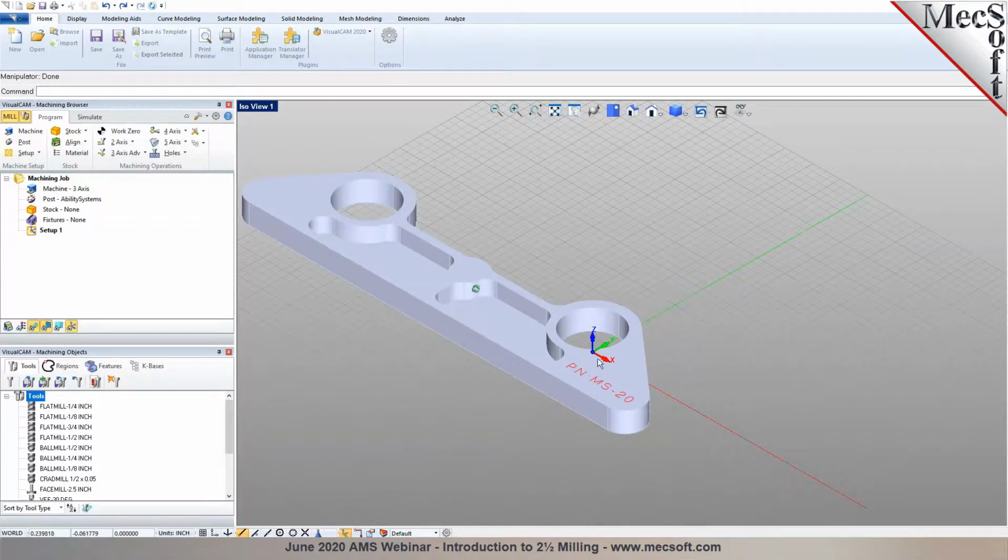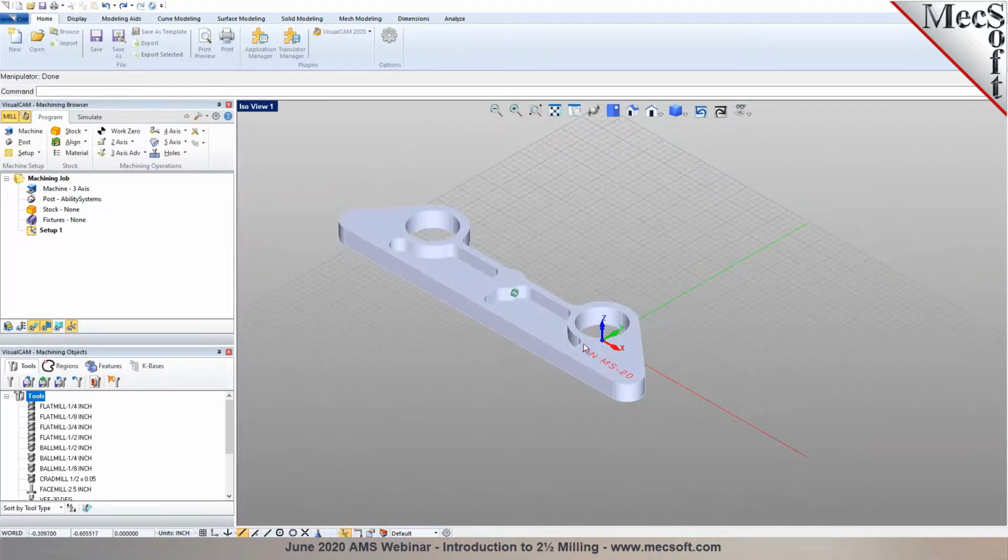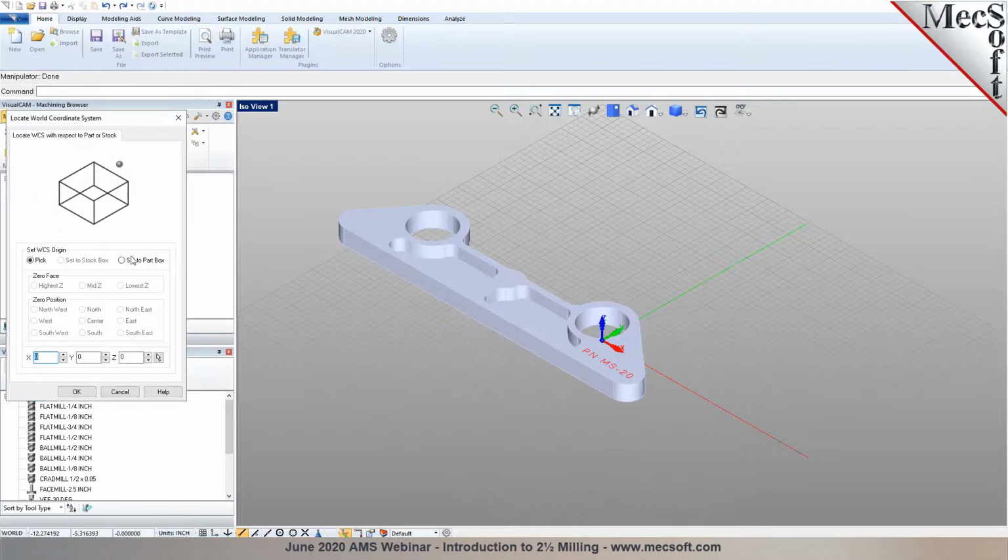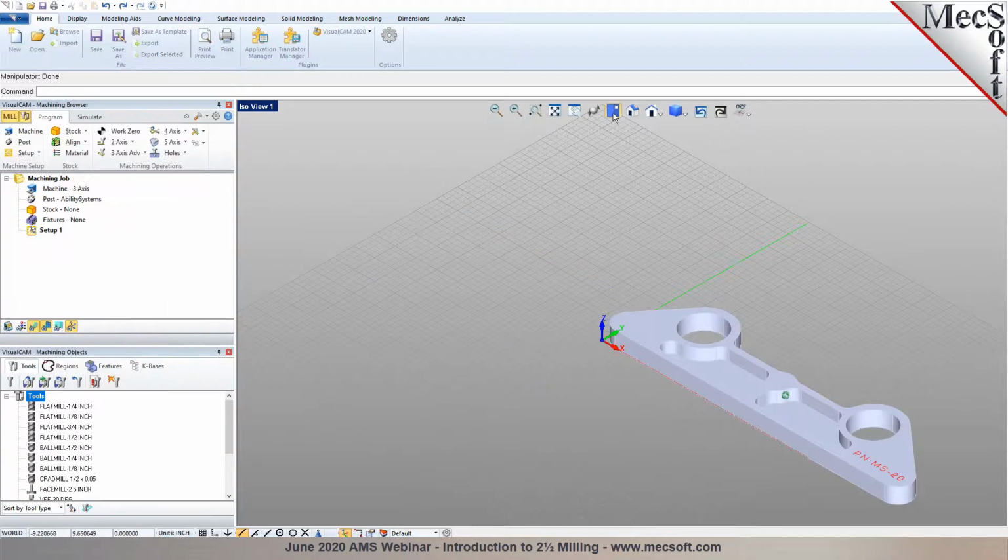So in VisualCADCAM, you'll notice that there's 2 triads. The world coordinate system is marked with X, Y, Z labels on the triad, and the machine coordinate system is displayed slightly larger, and it appears right on top of the world coordinate system. So the next step is we wanted to move the part closer to the origin. So we use Align, Set World Coordinates, set to part, lowest Z southwest. So the part is lined up